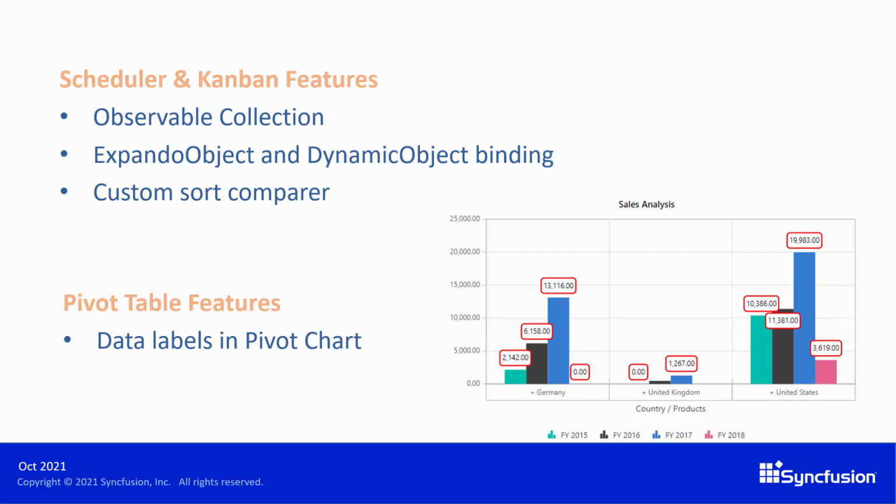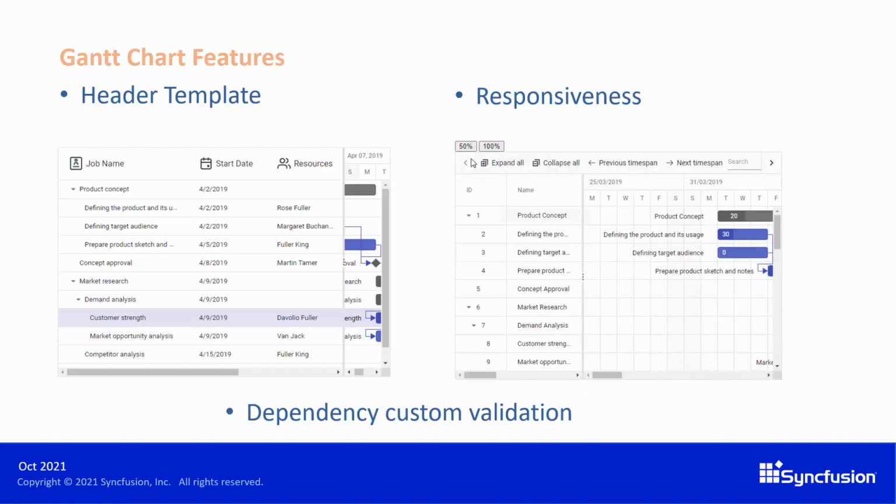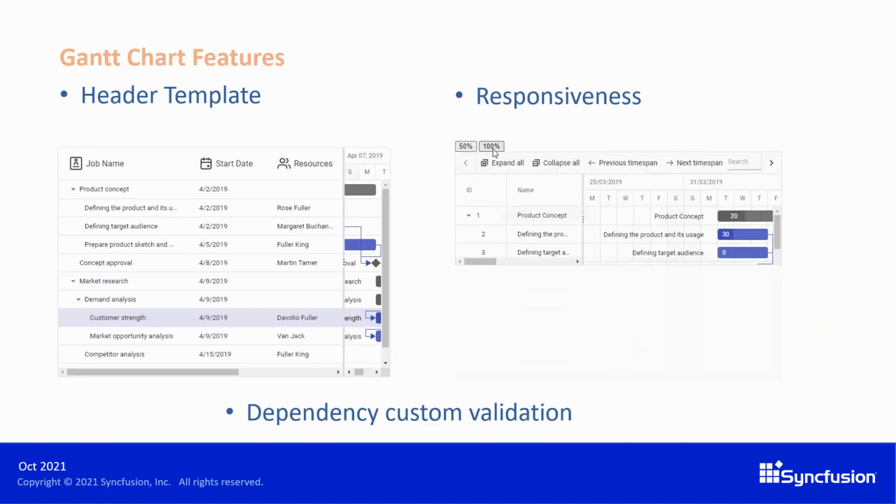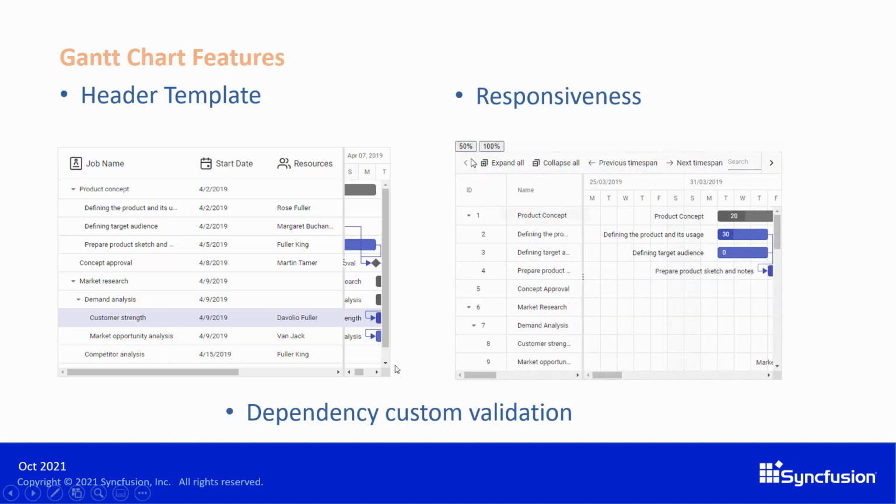And next to the pivot table component, you can now customize the data labels in pivot chart. See here, the border and the text are displayed in an appealing way. Next, moving on to the Gantt chart features, header template support has been added. So here you can have a look at the header cell in the tree grid part. You can now customize it by adding your own icons or images to the header cells by using header template